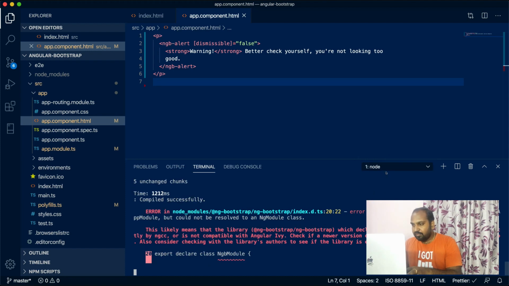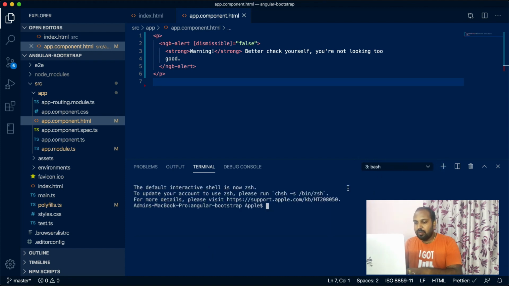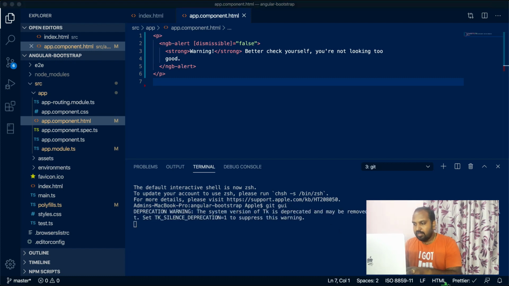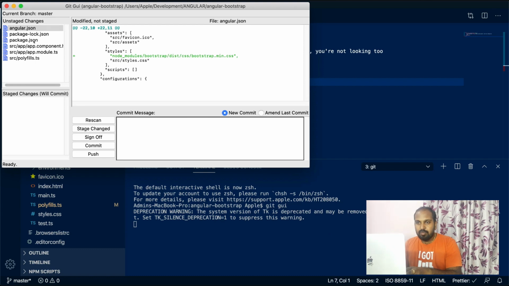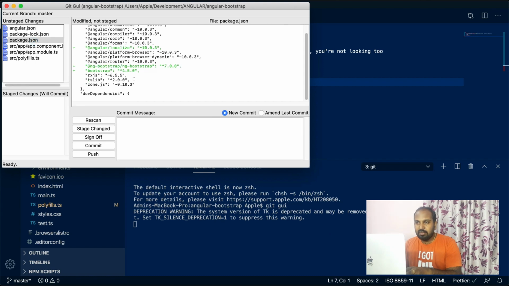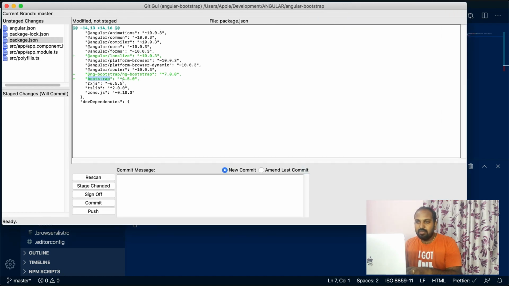Before that, let me show you what file changes this installation did for us. In package.json, Bootstrap got added. Then the actual Bootstrap package, version 4.5, got installed.